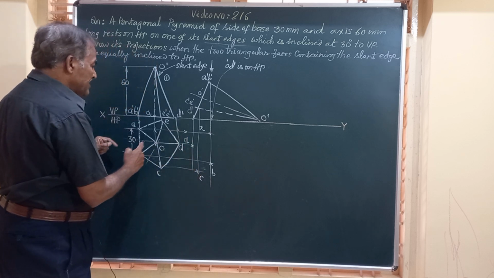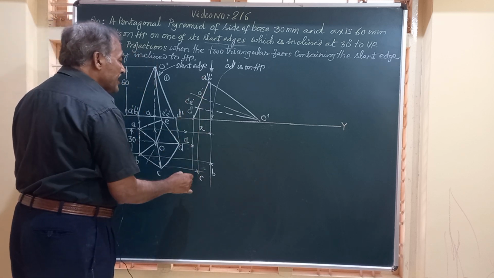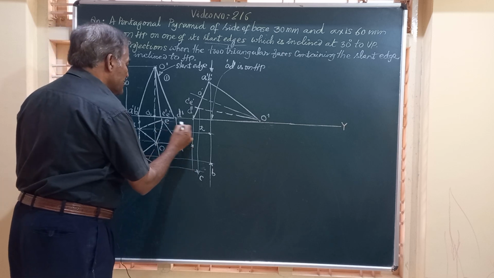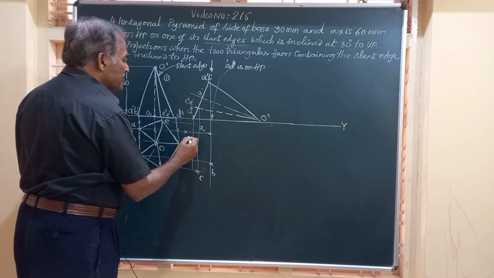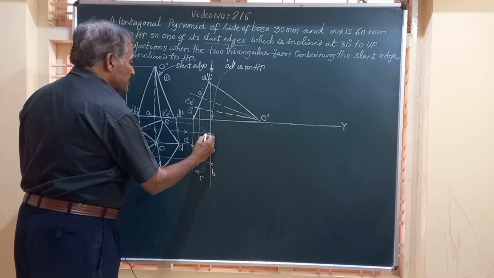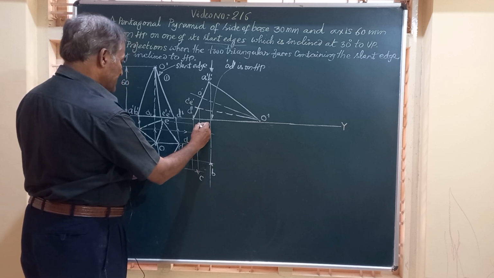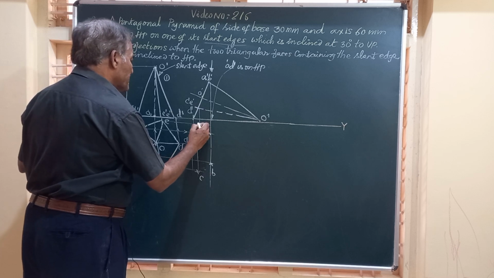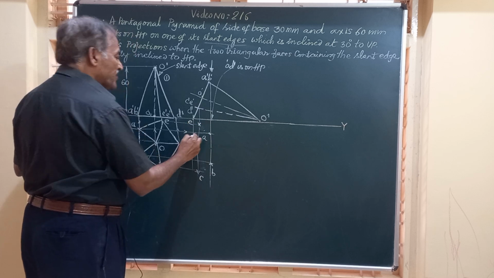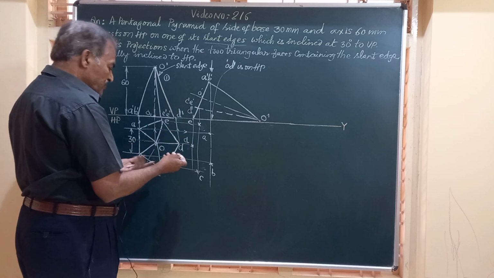You have to obtain the point E, vertical line from E and the horizontal from here. The point where those two intersect is the point E. This is C, opposite to C is E. You get it here. Friends, we have got all the 5 corners, and since it is visible to the observer